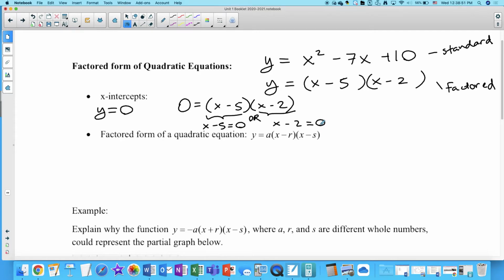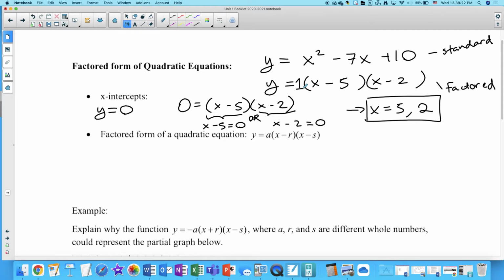And if x minus 2 is 0, x is 2. So these are my two x-intercepts. Okay? We can also tell, because the number in front of this is a 1, that the leading coefficient is positive. So from that, we know that this thing is going to start in quadrant 2 and end in quadrant 1. So if we were to do a sketch,